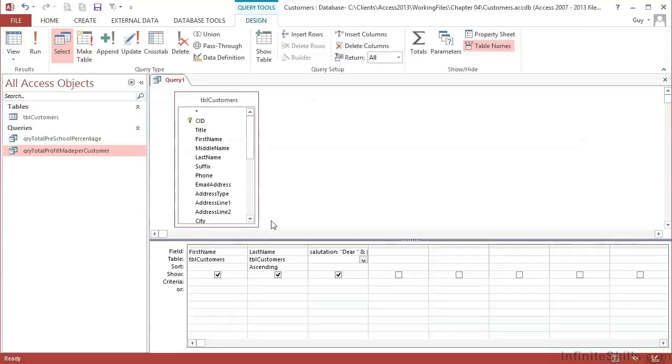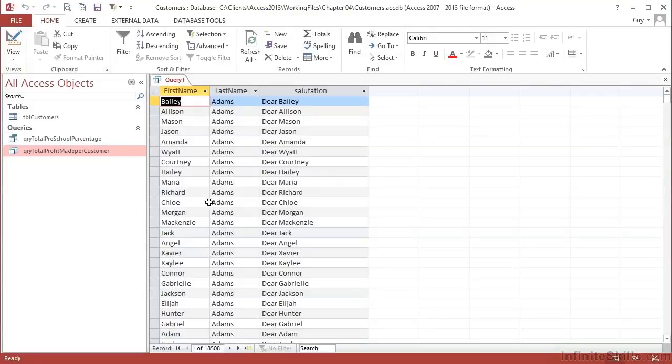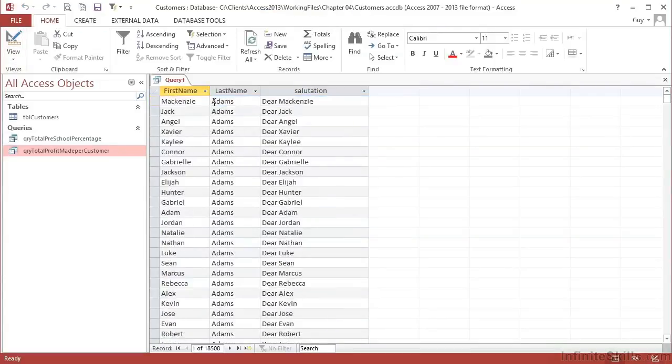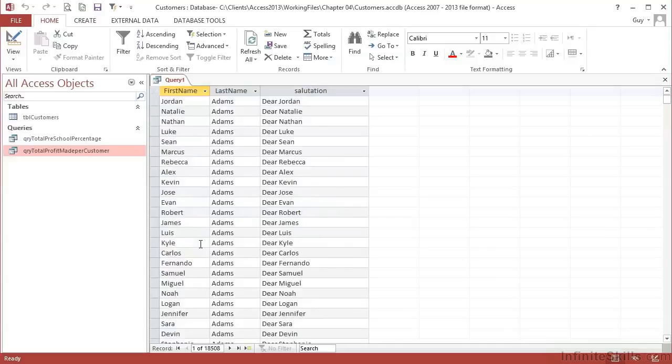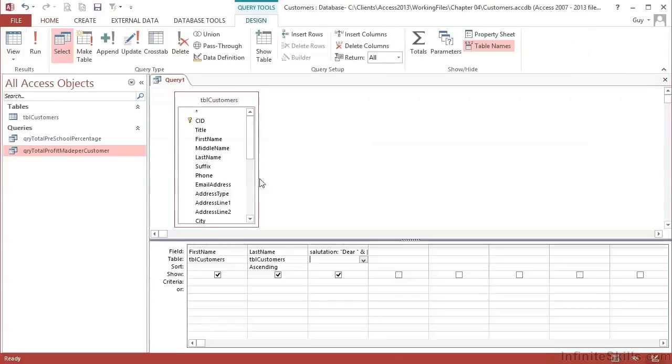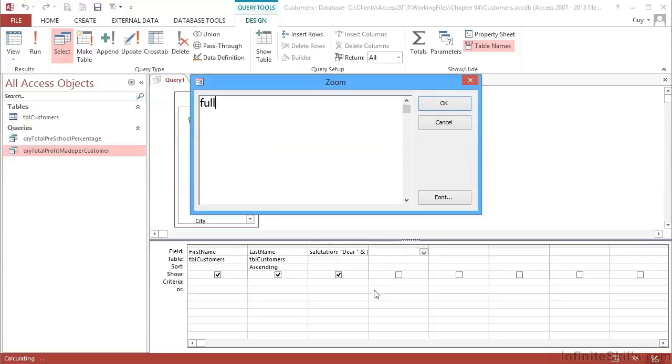So back in design, I may wish to see the first name and the surname together, because when I view it at the moment, it looks very much like a data table, where the surnames are all aligned, first names are all aligned, but then the gap between them varies depending on how long the person's first name is. If I go in design, I can actually place them both together and just have a simple single space between them. So let's do a zooming, calling my new field full name, colon, and it's going to be the person's first name,